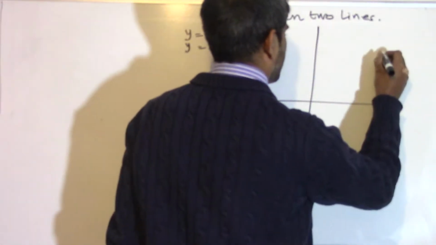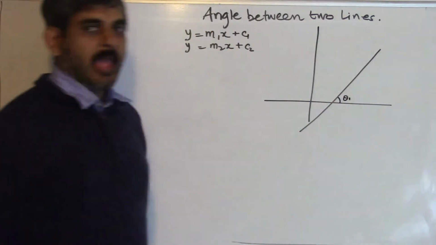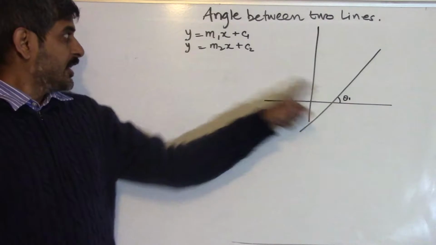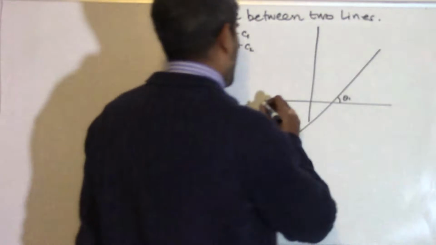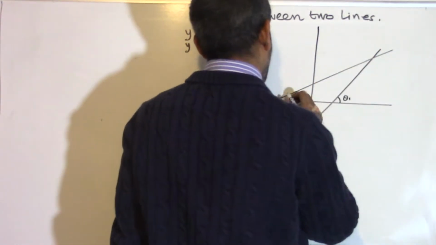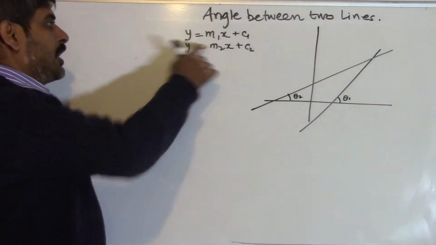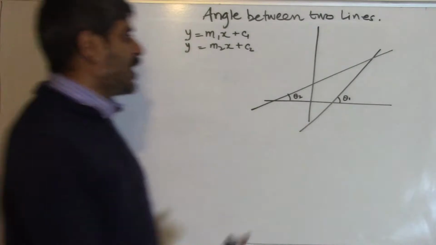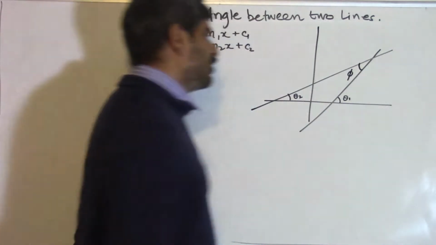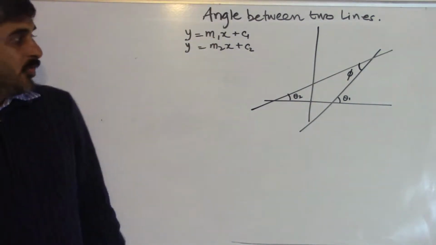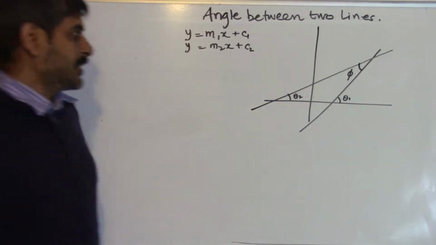So let's say the first line is like this and it makes an angle, we call it theta 1, and we know that theta 1 is related to m1 by m1 is equal to tan theta 1. And this one is the second line L2, and this is making an angle theta 2 where tan theta 2 is given by its gradient m2, and we are required to find out this angle. Let's call it phi. We know that this angle is theta 1, so this angle is going to be 180 minus theta 1,